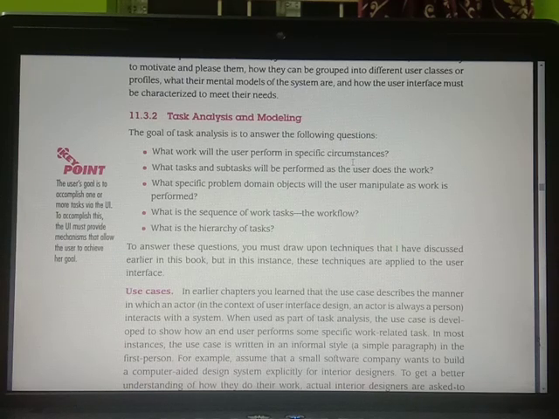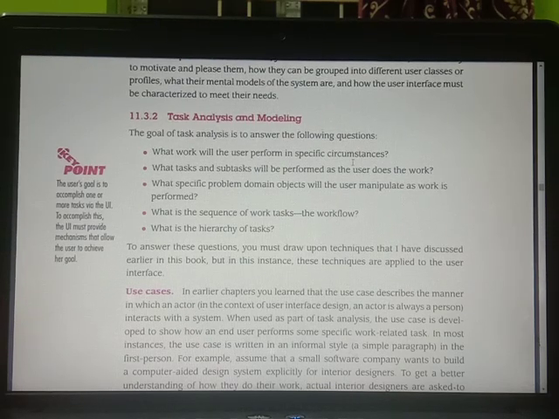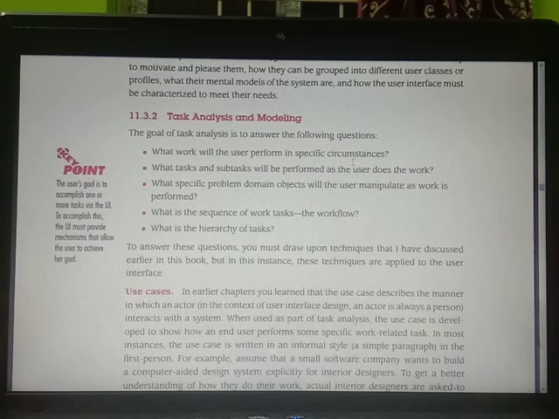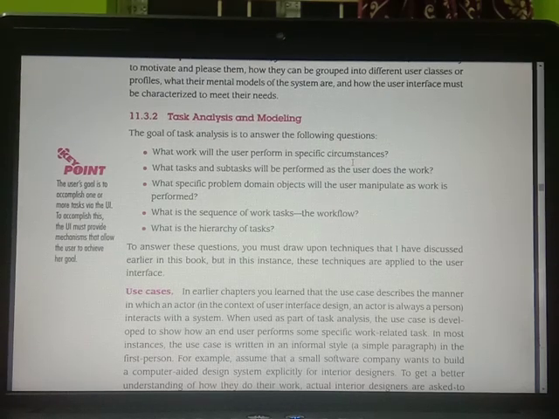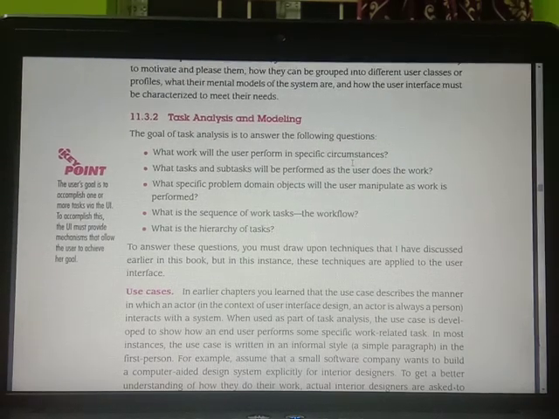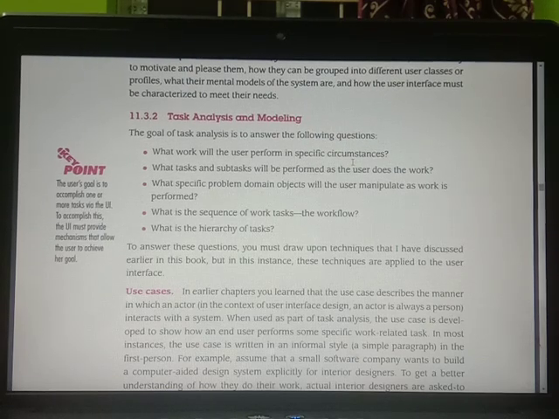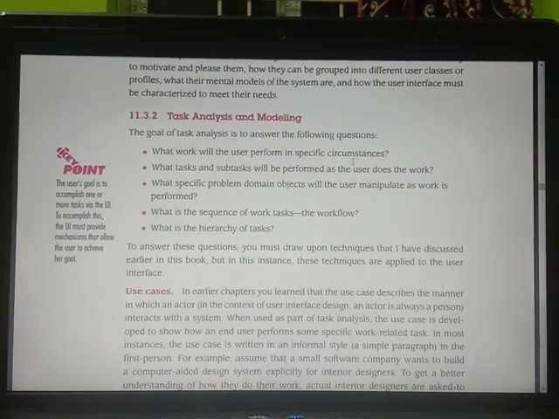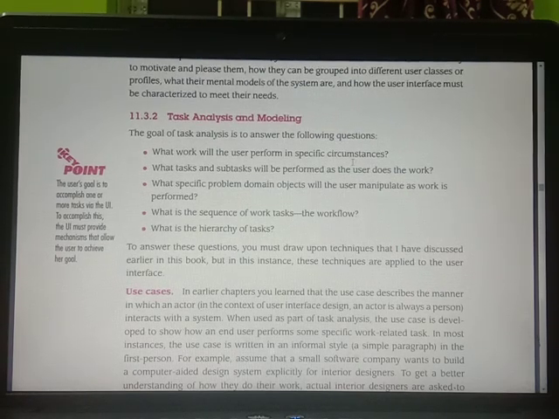What is the sequence of work tasks? That is, one after the other, some tasks will be there; that is called the sequence of tasks. That is what we are going to call the workflow. So something like you go for e-commerce. What are the things that you are going to do? The users will browse for the product, and the product will be added to the cart, and after adding to the cart the payment will be started and the payment will be done, and then the delivery must be given to the user. So in this way some sequence of tasks will be there, that is called the workflow.